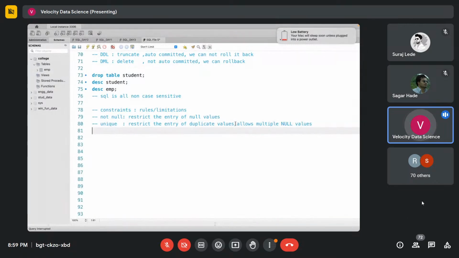And that is because a null is never considered as equivalent to another null. एक null को आप दूसरे null के साथ compare नहीं कर सकते, आप उसे equivalent consider नहीं कर सकते. You cannot consider it as a duplicate of another null value. And that is why if you are defining a column as unique key of the table,